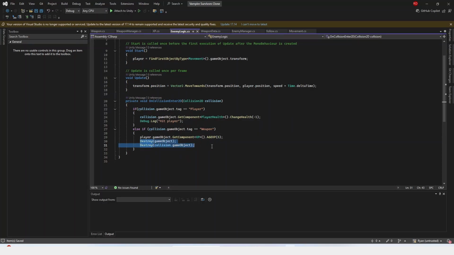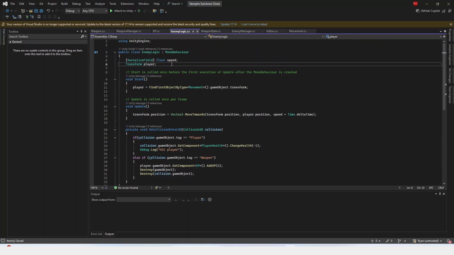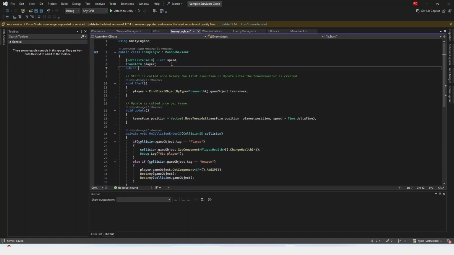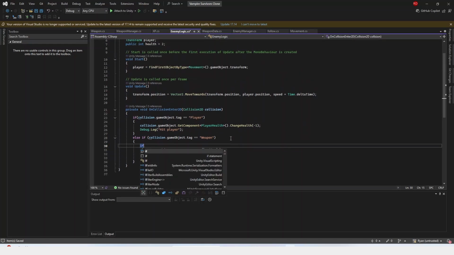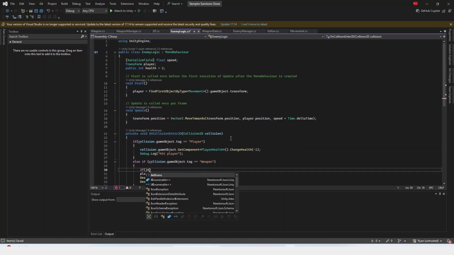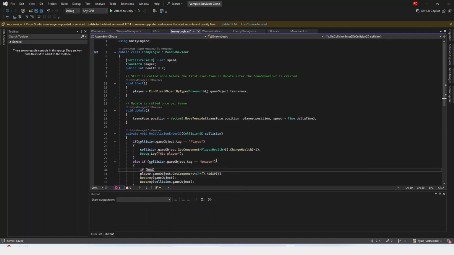We're just destroying this immediately. So, inside of our enemy logic, I'm going to create a public integer and name this health. I'm going to also just set this to be 2 right now. Then when we hit a weapon, what I'm going to do is health -= player.GetComponent WeaponManager, and